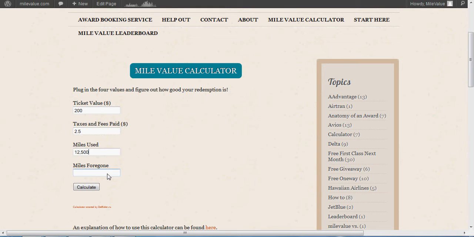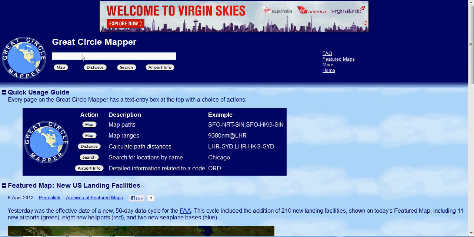Economics defines a cost as anything you give up to acquire something else. In this case, if you're going to book the award with miles instead of buying the ticket with cash, you're giving up the miles you would have earned by flying the paid ticket, the butt-in-seat miles, as some call them. So to figure out how many miles you were foregoing, you need to go right here to the Great Circle Mapper, gcmap.com, and just type in the route. He's going to fly the direct Pittsburgh to LAX. Click distance,